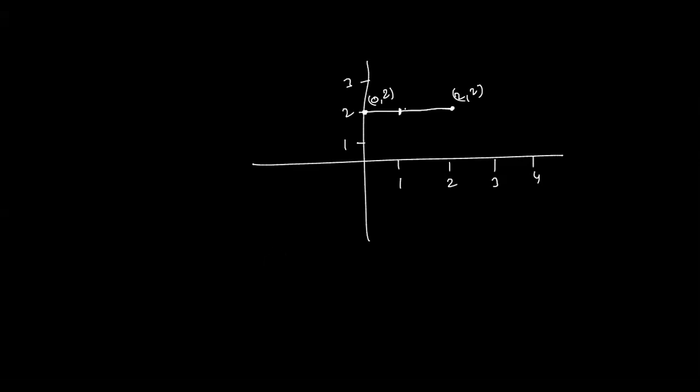But if it is not being given to you, I'm saying that the midpoint must lie here. But if this line is placed this way, instead of this line, the distance is same. But if the line is placed this way, then the midpoint will not lie here. Why will the midpoint not lie here? Because the midpoint will always lie on the line segment. So if the line is straight, then the midpoint will lie here. We know the distances are equal, this distance and this distance are equal, but the midpoint should lie on the line.